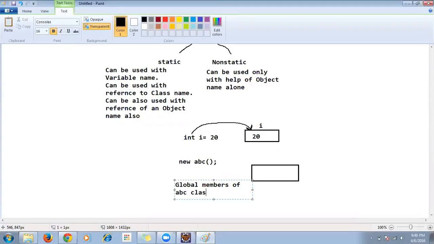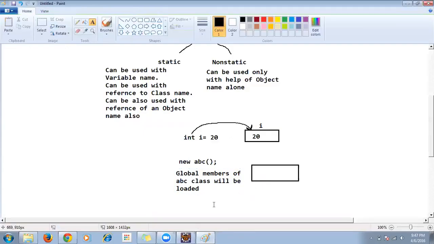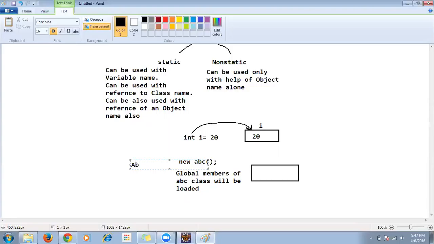ABC class will be loaded. Global members of all the ABC class will be loaded over here. Okay, so that's what will happen over here. Then after that, I'm going to give another option over here. So new ABC. So here I'm going to give ABC